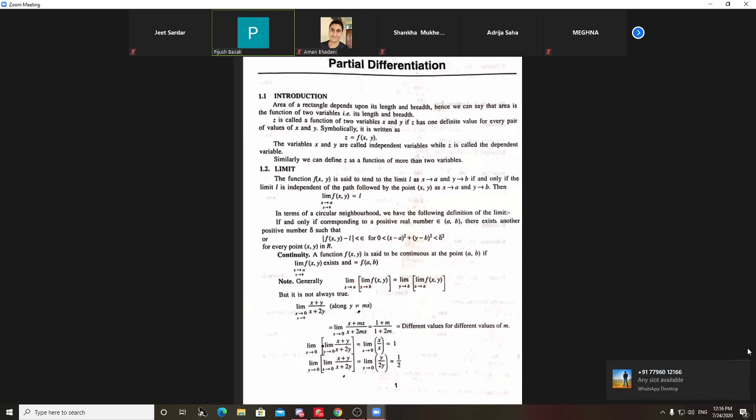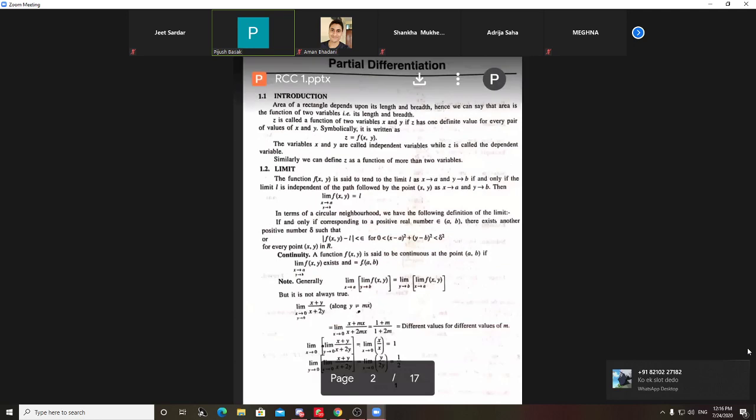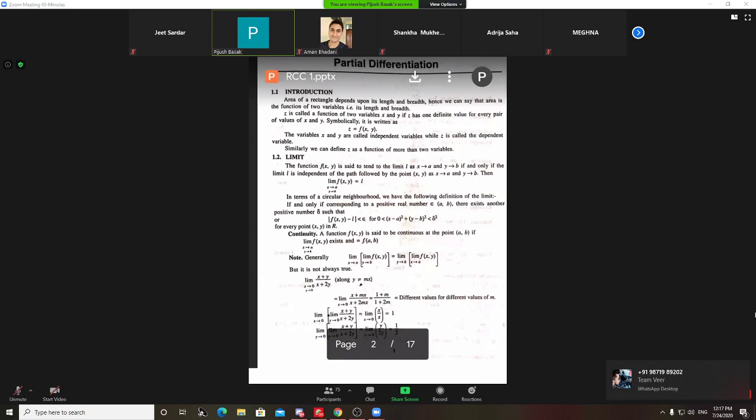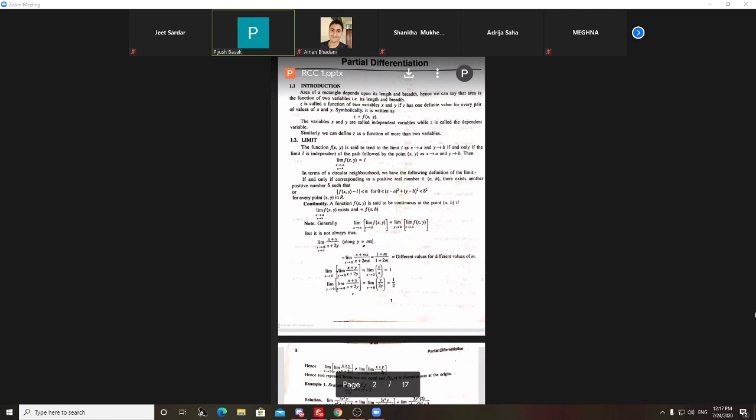This whole question I am discussing: |f(x,y) minus L| will be less than some small quantity whenever the distance lies between 0 and delta. This is the official definition,